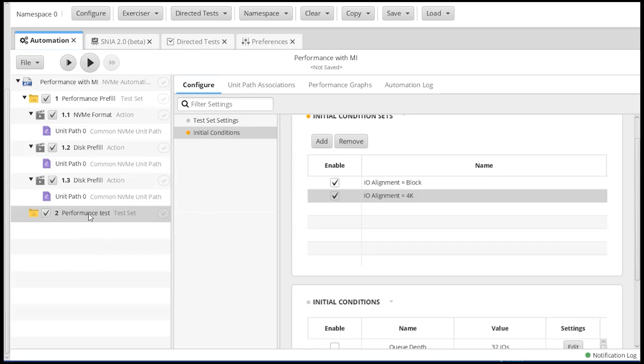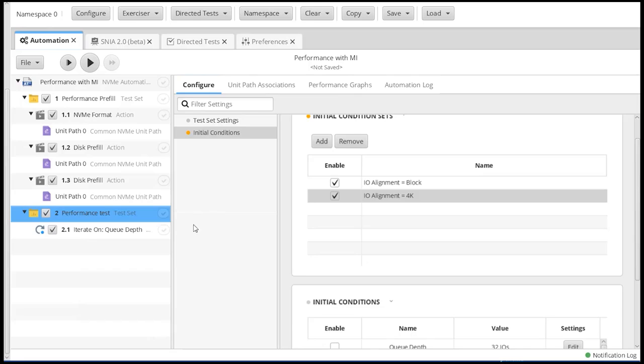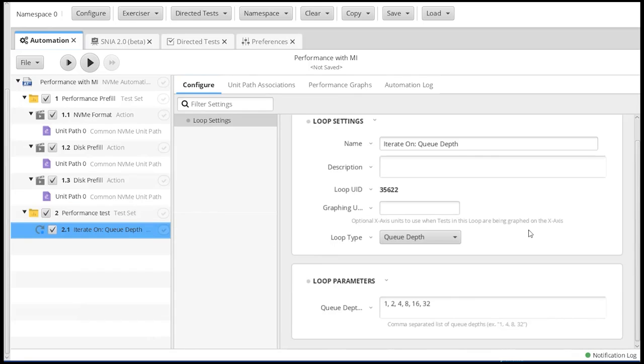The second way is I can come into my performance test and go ahead and add a loop. And in this case, I'm going to add a loop. So we'll go to add loop Q depth and come down to this. And now I can go ahead and specify the Q depths that I want.